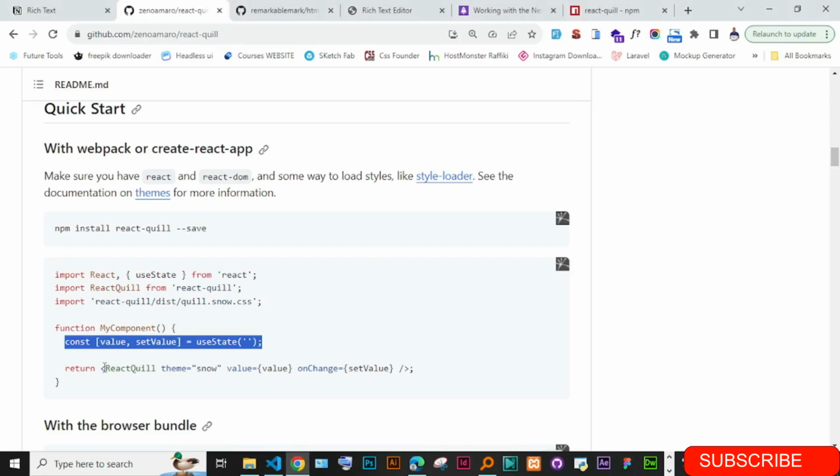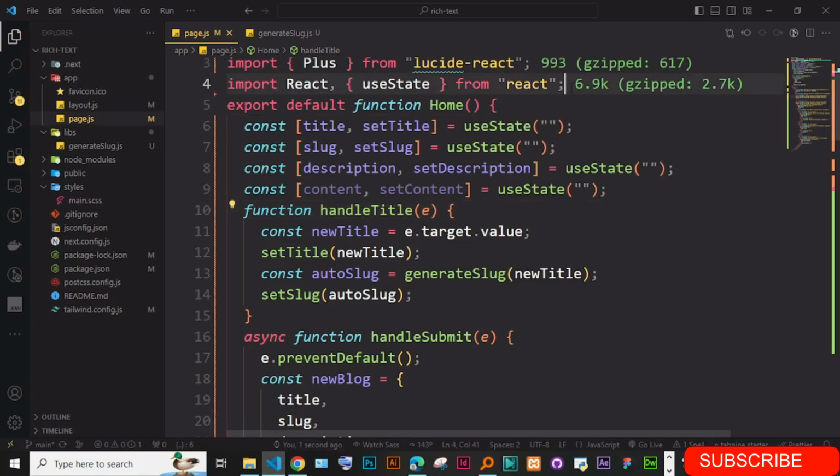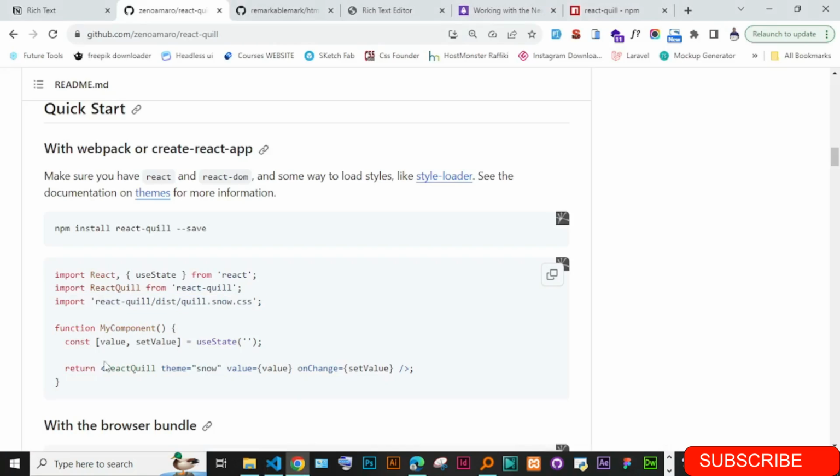The only thing we just need is to bring in this, also bring the CSS. Just bring the CSS on top here, add the CSS, and they're using the Quill Snow. This is the theme of the Quill editor, and the only thing you just need to do is bring in this component. As simple as that. Just bring in this component, and we just replace,